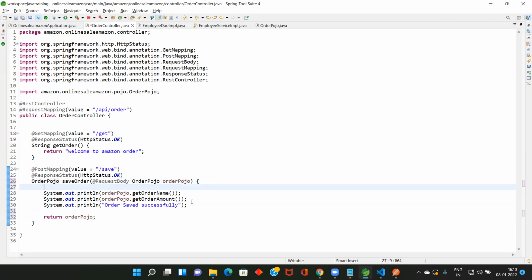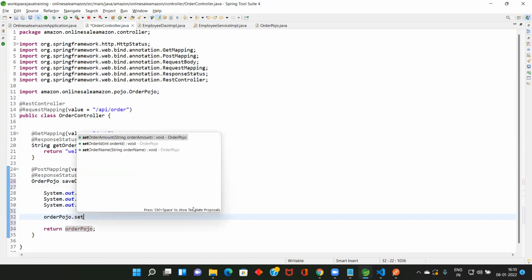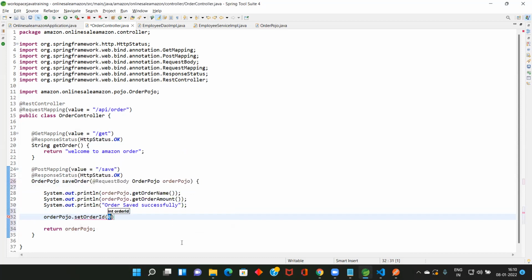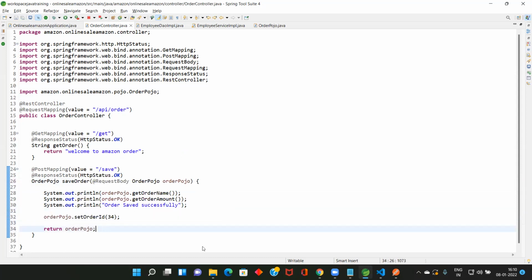So for the time being, I am going to set one ID for this one, 34 something. Actually this will not be here in real time. I'm just doing it in order to print it and demonstrate something.